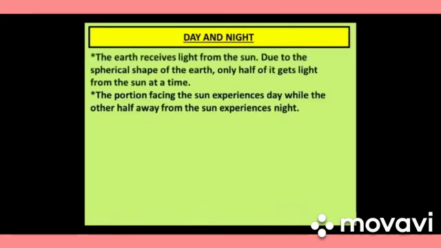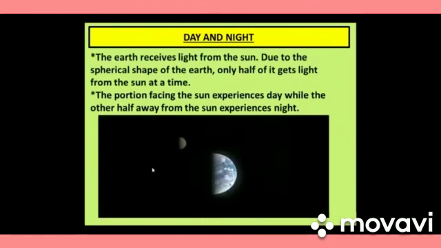How are days and nights formed? The Earth receives light from the sun. This is the Earth, and here somewhere is the sun, and this is the satellite of the Earth. You can say, suppose it's the moon, and the sun's rays are falling from here on this side of the Earth. Only one side of the Earth receives light because of its shape, right? Only the Earth is moving, and